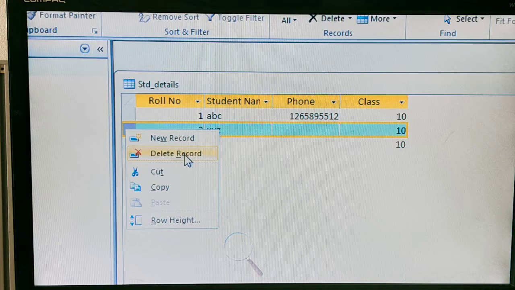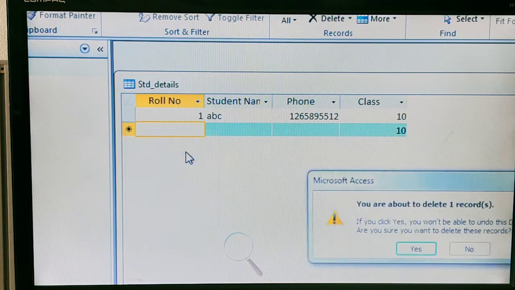It's very important that before you construct the table, before you enter the data information into the table, while you are constructing the table, you have to be very careful about the field names and the data types. Once you have created the table and applied the data type, and after that you have inserted some values or data into the table, it doesn't allow you to change the data types, right?